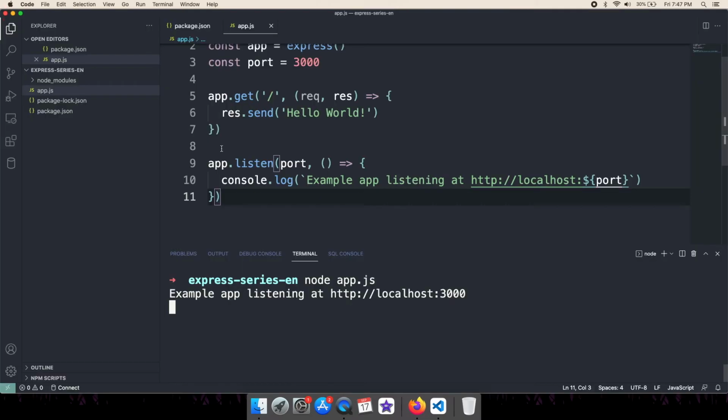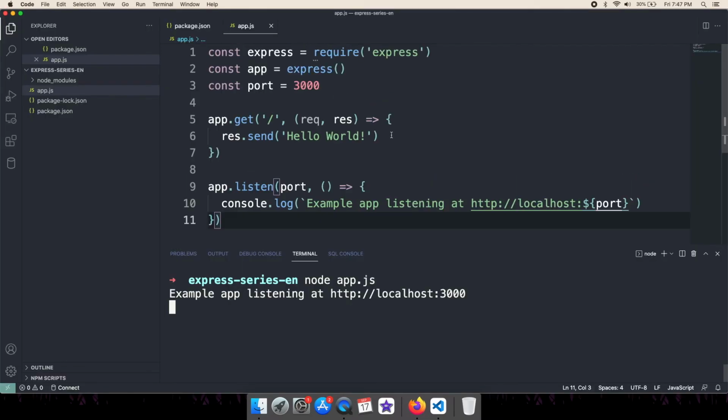So let's check how that code actually worked. We have imported the express module and created an instance of the express app, and the port number we are using here is 3000, which you can change if you want to. And this is a simple basic route for our application, and this is the slash or the home path for our application. Once this app gets a request for the home path or the slash path, it will send the response as hello world.